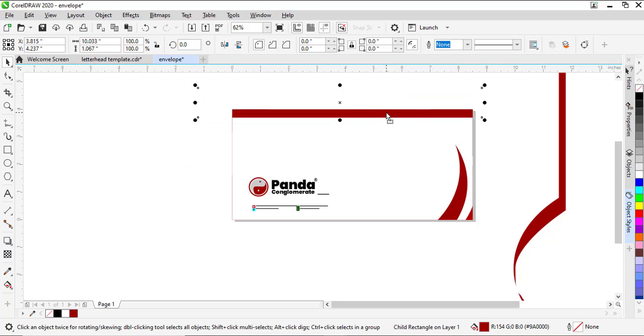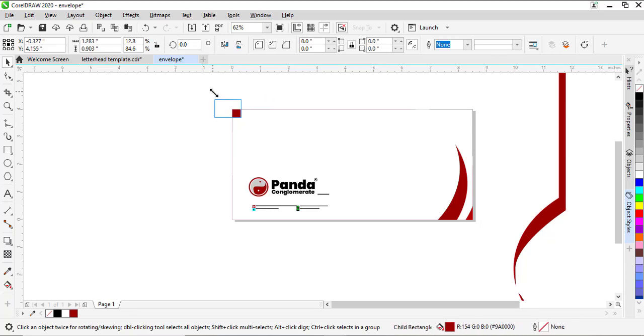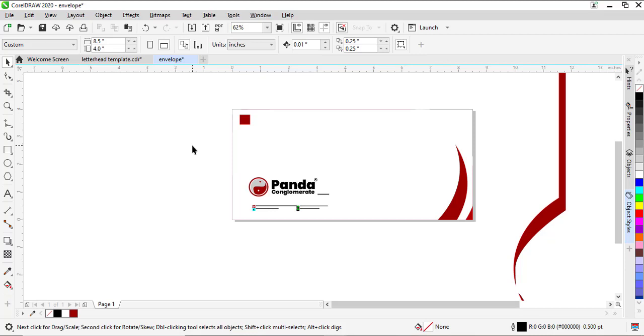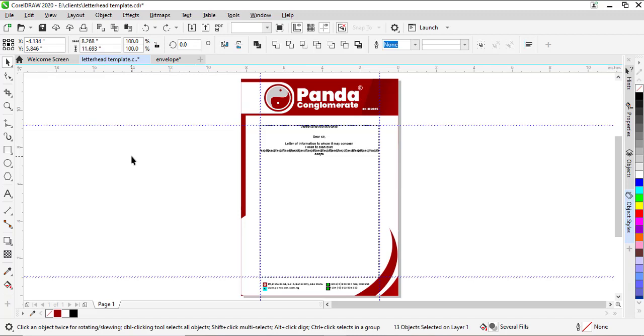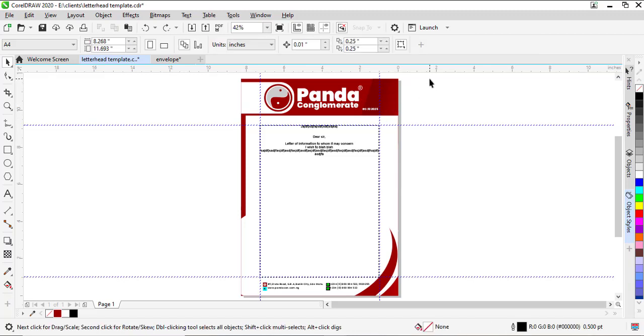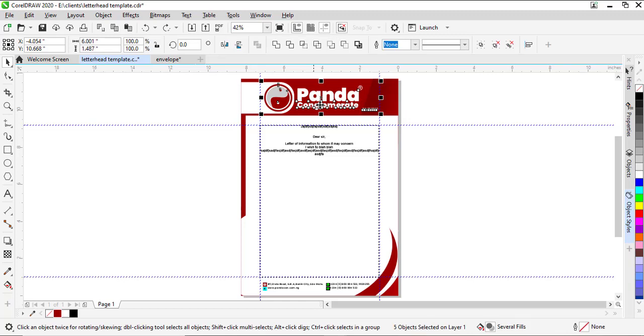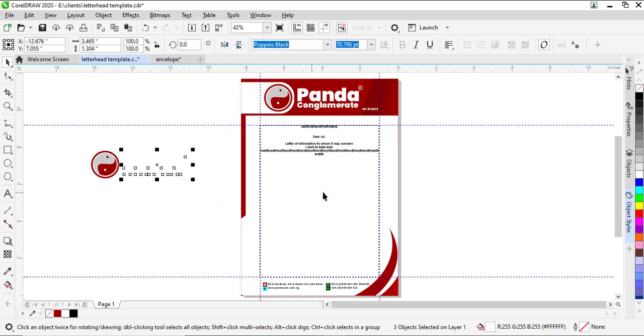You don't need many designs in your envelope. Remember, simple is complex. You just need very simple things and you are done, right? I also wanted to show you something else when creating your letterhead. I kind of left it out in the previous video, but I won't leave it out in this one. So what I'm going to do is select this entire thing here. Let me bring it out here, and then I want to turn this text to black,